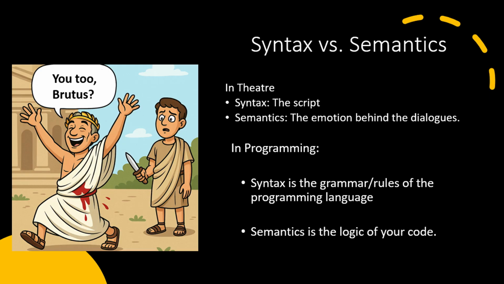At this point, Caesar is shocked and heartbroken that his friend Brutus betrayed him. Imagine you are an actor playing this Julius Caesar. You have memorized your lines in the script, that's your syntax, and you delivered the line perfectly, just as it is written in the script, in perfect English language, with proper pause where the comma is,